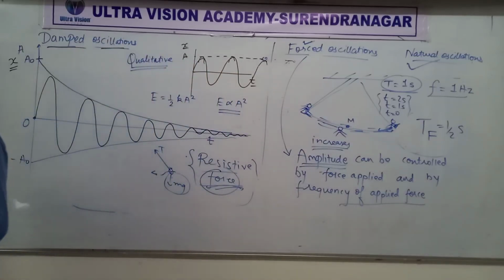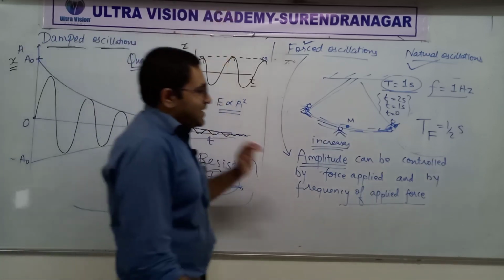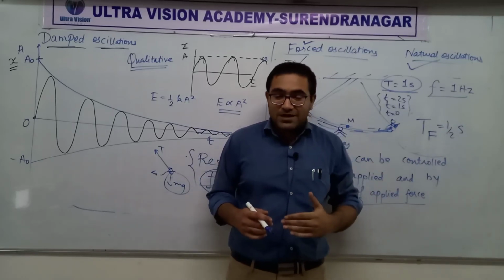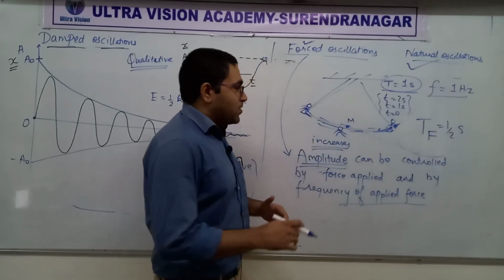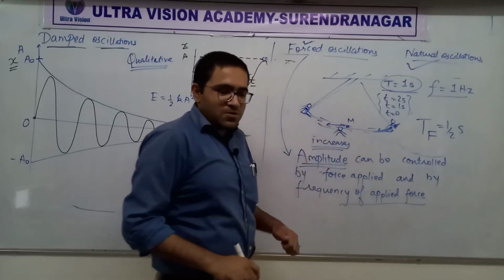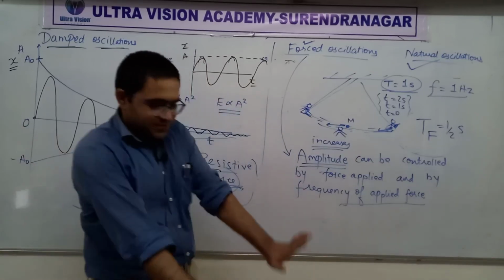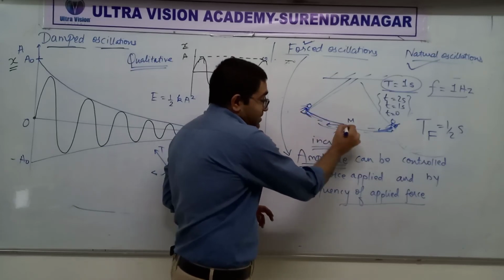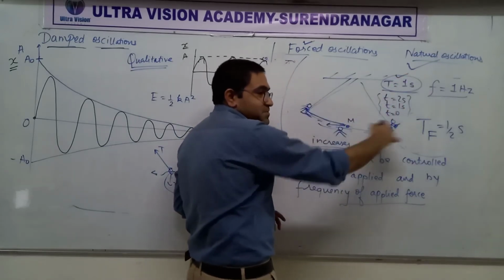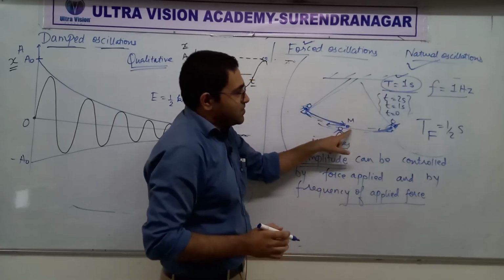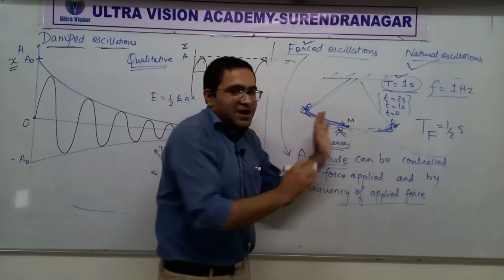Okay, now this is very interesting. Listen to this carefully and imagine also. I am saying that the swing is swinging over here. Alright, you stand a little bit on the side, and you apply force always in one fixed direction, let's say left side. So when the swing is going like this, you push it from the back. Then after half second, see, the time period of oscillation of swing is 1 second. So after half second it will come back here. Do you understand that? First of all, the swing will come back over here after half second. Yes or no?